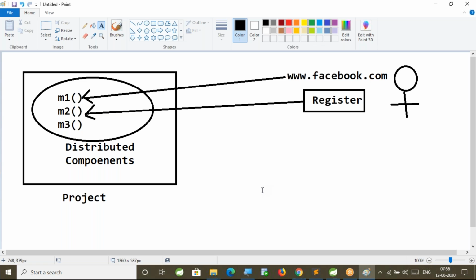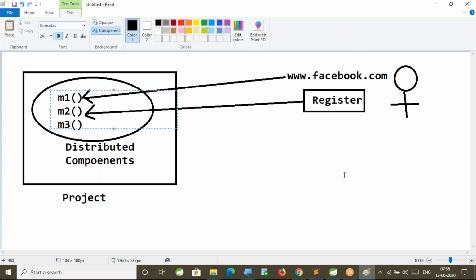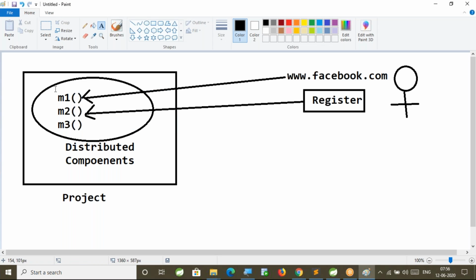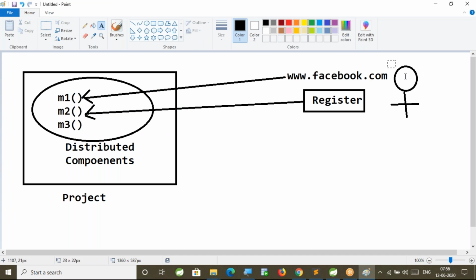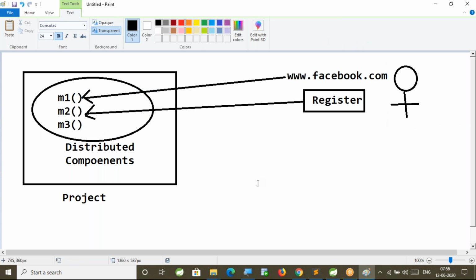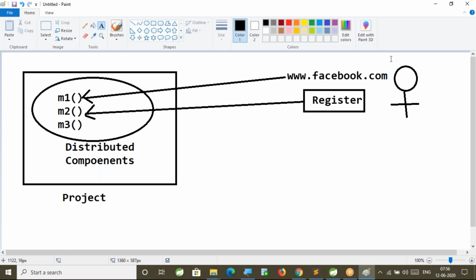Same thing here also. When I am writing methods in my controller class, outside people are going to access my methods. How can they access my methods available in my controller? Do you think that this end user will create the object for my controller and call the methods available in the controller? No, he cannot do that because he is not part of our project. He is an end user. He doesn't know anything. Assume that he is a banking employee.